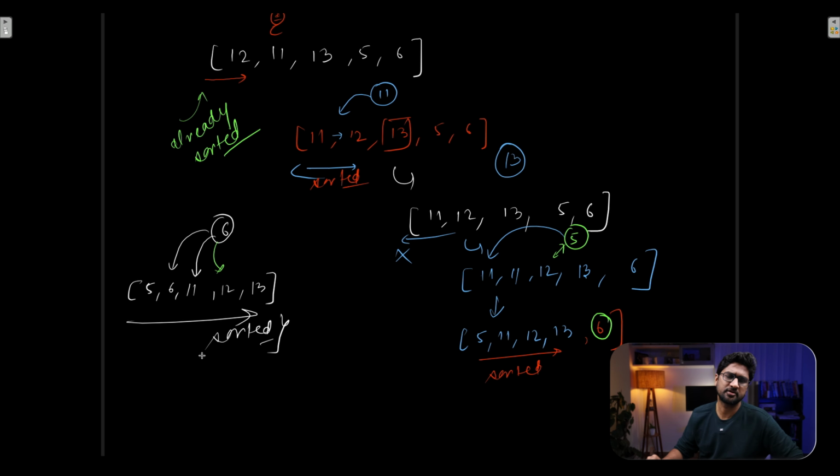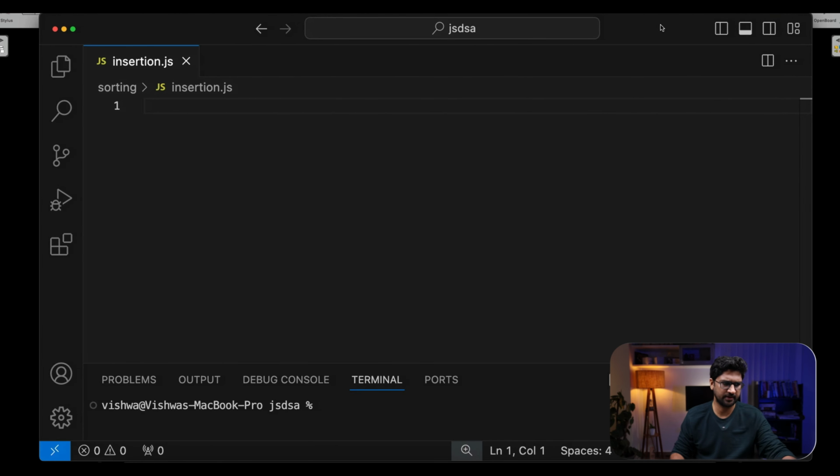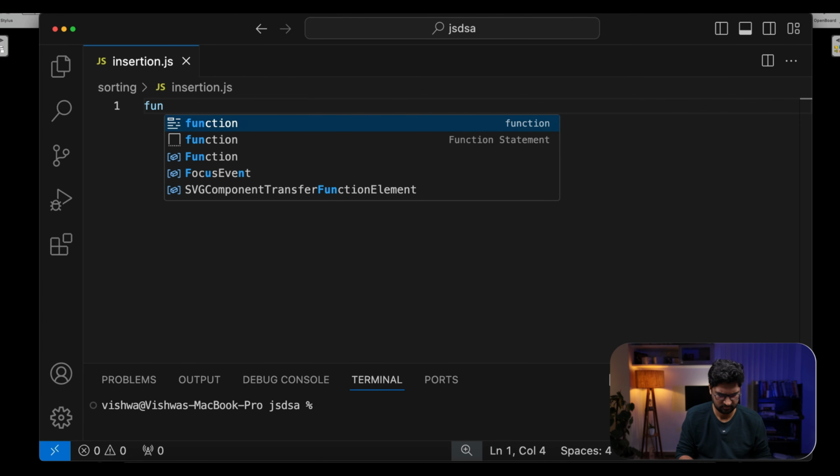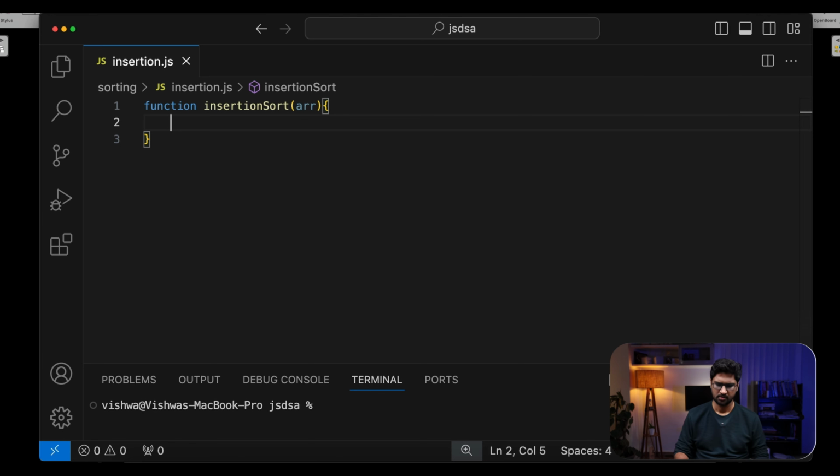Now let's go and write the code for the same and understand how the code will work out. And then we'll do a dry run and understand the entire logic. So I am on my VS Code here, and let me define a function called insertionSort, and I have an array which comes with this. Fair enough. Now in the insertion sort, we saw that